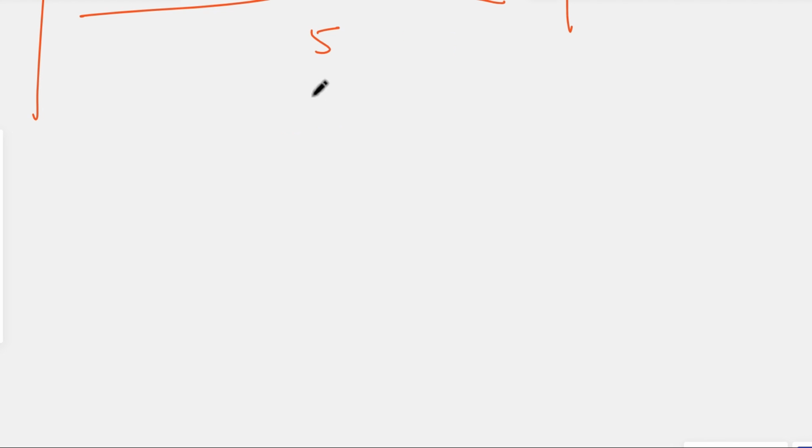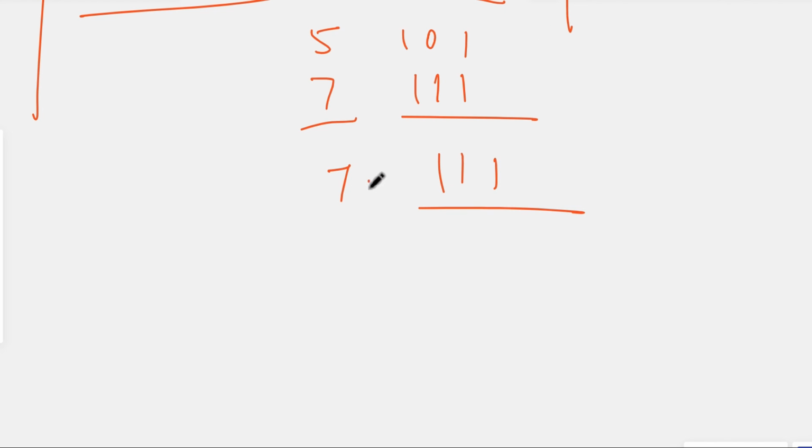So let's take 5 and 7. For 5 we will have 5, for 7 we will have this. So what is the bitwise OR? We will have 1 1 1, so the bitwise OR will be 7. So 7, right? So what we will do right now here is we will just do that subtraction operation,